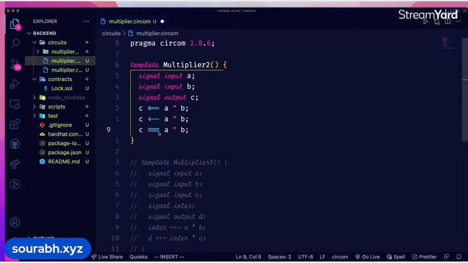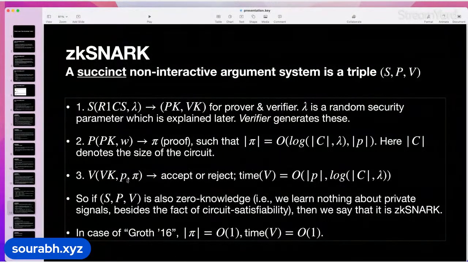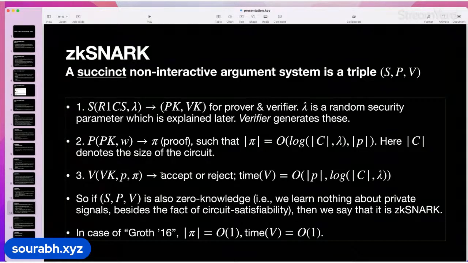Like if I go back to our diagram, maybe it's better to emphasize this so that it becomes more clear. Just give me one second. Okay, here, yeah, here you see, the verifier knows the public signals and it does not take any other signal. What it is taking is the proof. What the verifier wants is that whatever proof you give, those constraints which we have specified get satisfied. So basically, the constraint satisfaction is important,